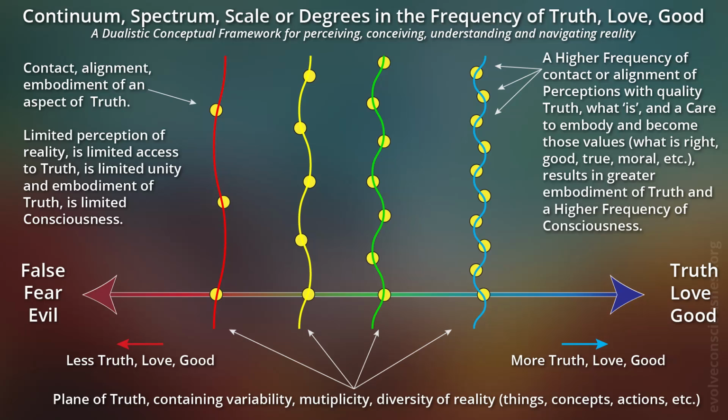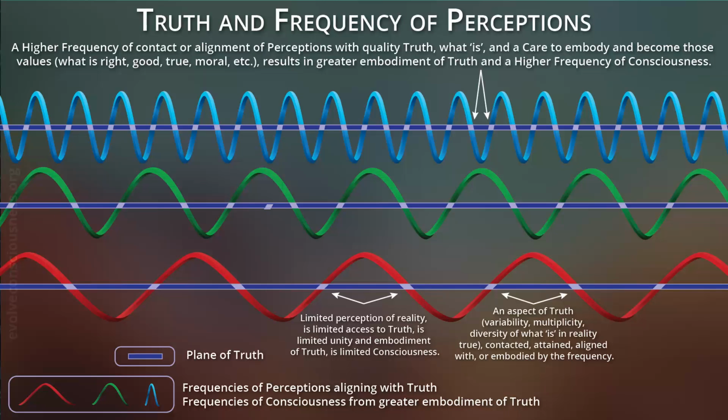So they're harmonizing. Eventually, your frequency would go up so much that you'd have yellow points of contact everywhere, and then it would just look like a yellow line. So I guess that's that. The next infographic is the truth and frequency of perceptions. So from the previous one, if you look at it as the